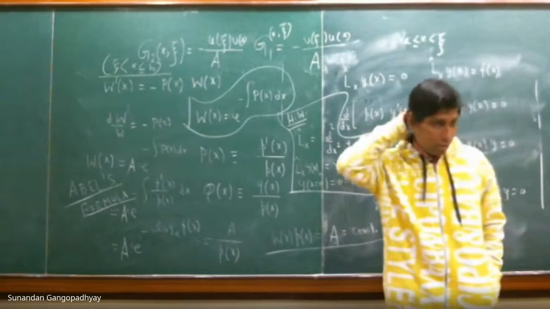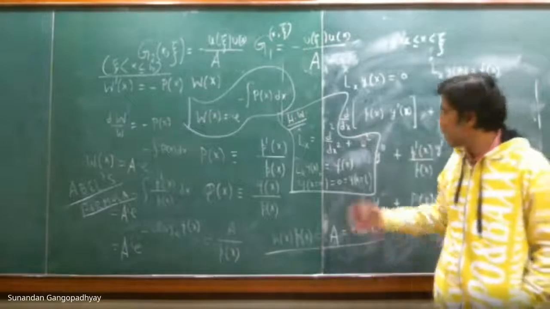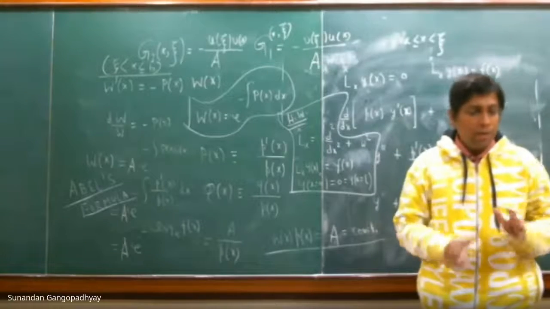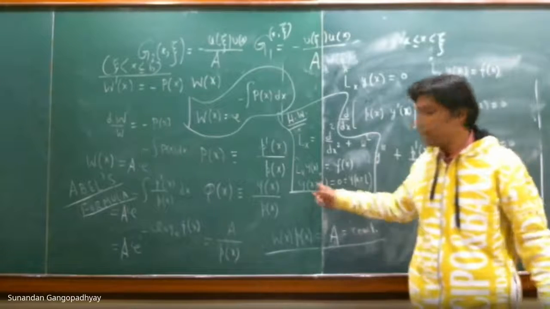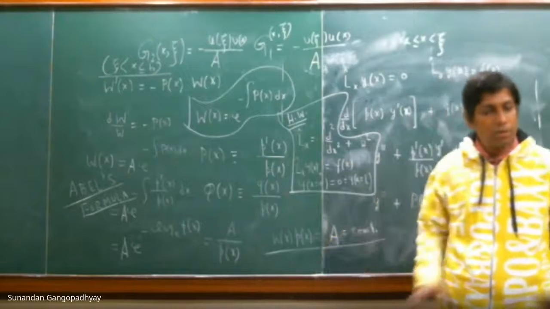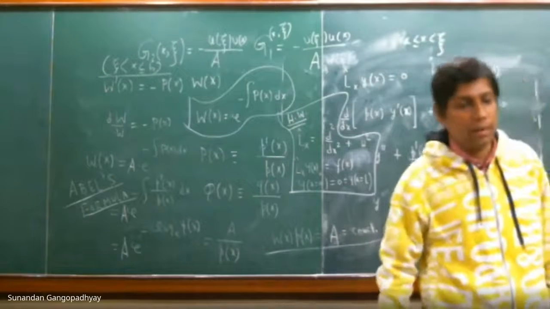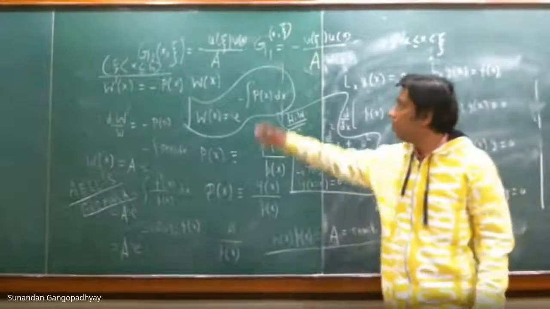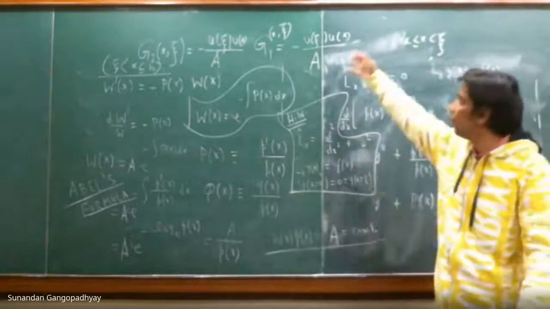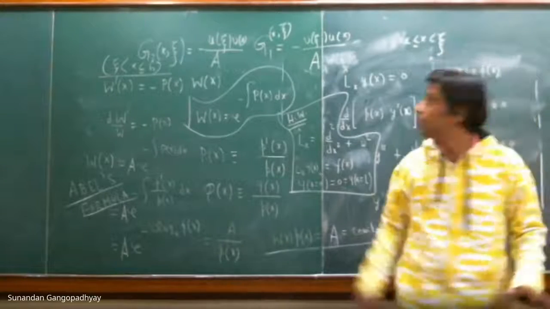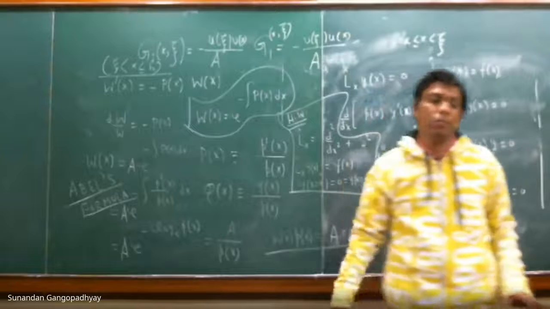You take those solutions and you demand that there will be one solution, y1, that should satisfy the boundary condition at x equal to 0, and y2 will satisfy the boundary condition at x equal to L. So you know what u of x and v of x are, right? If you know what u of x and v of x are, then you know what g1 and g2 are, because I have given you the formulas for g1 and g2. So first of all, you should try to calculate g1 and g2.